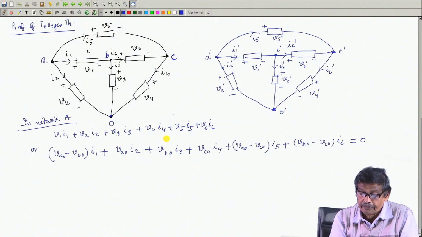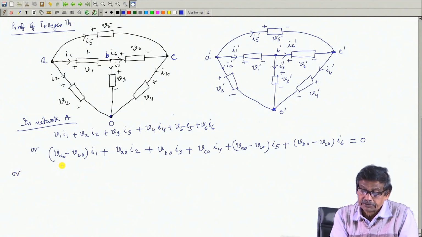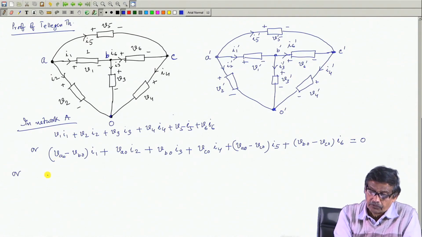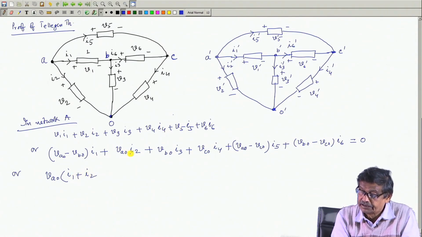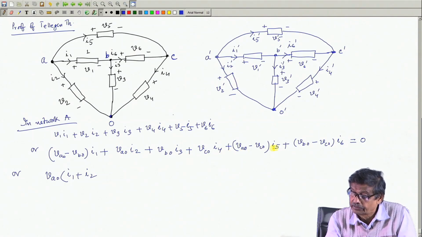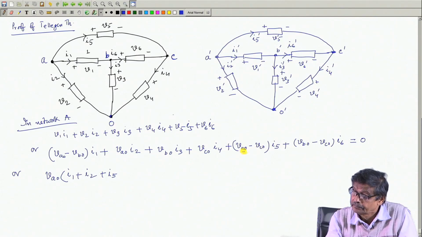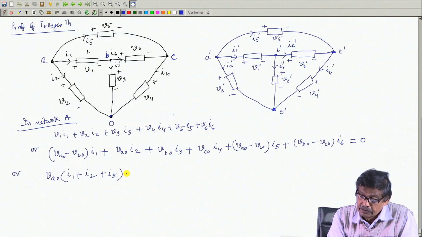Now, what I will do is this: I will collect the terms of V_A0, V_B0, V_C0 separately. So, I can say that V_A0 into, from this term it will come I1 plus I2, this term, no V_A0 here, here also there, plus I5, and no other V_A0. This will be the thing I can write, plus